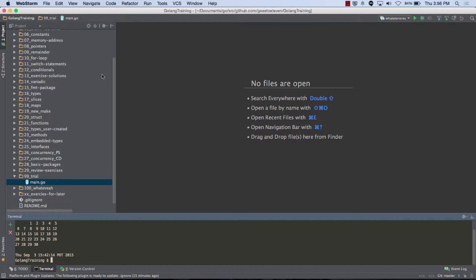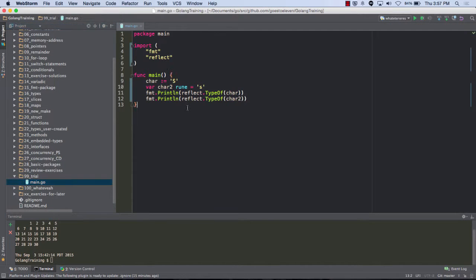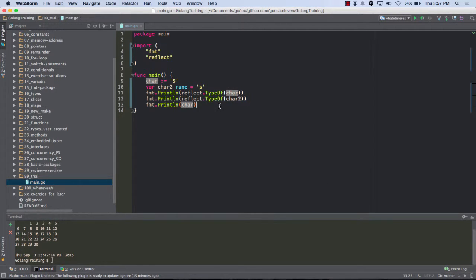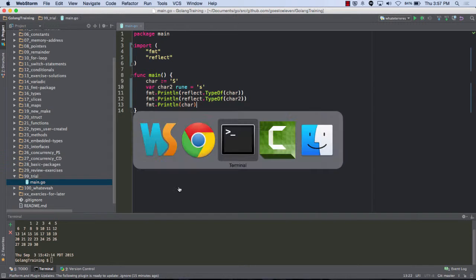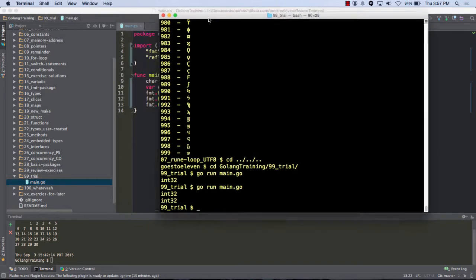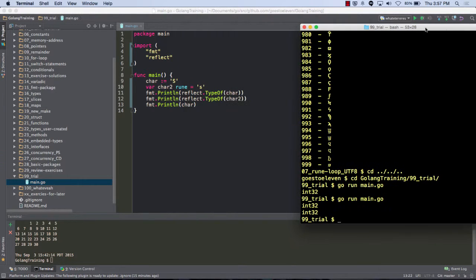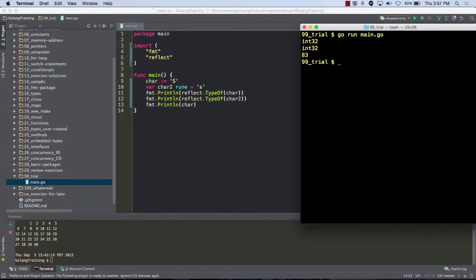Yeah, so we could play with that. If I do fmt.Println and just print char, what's that give us? And this is an 83. It gives the number. Yeah, and so now we could play around with